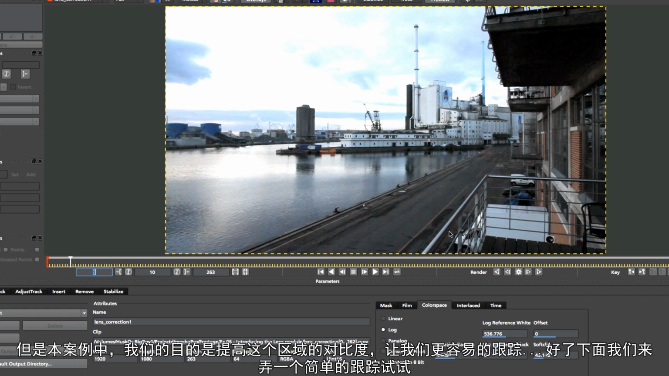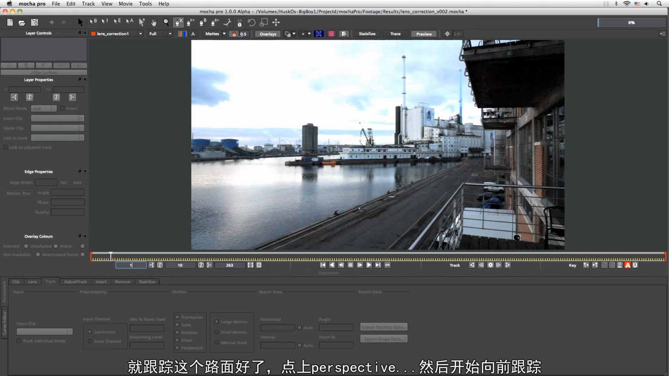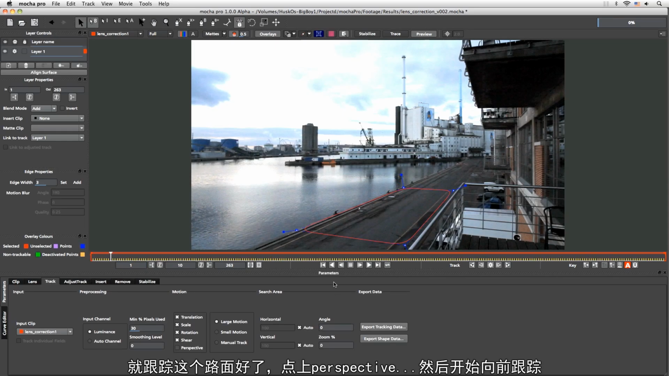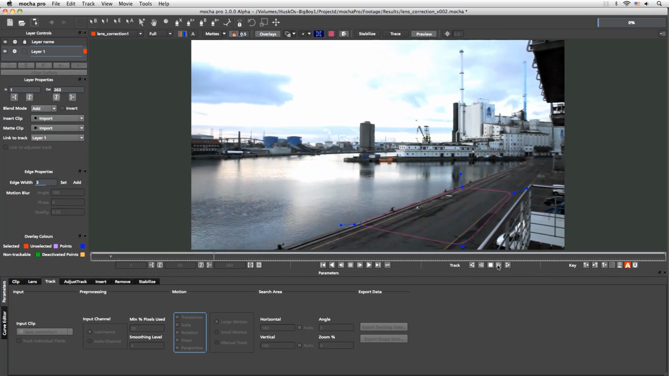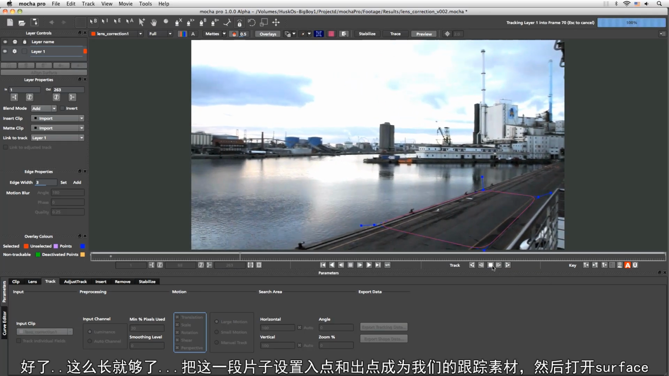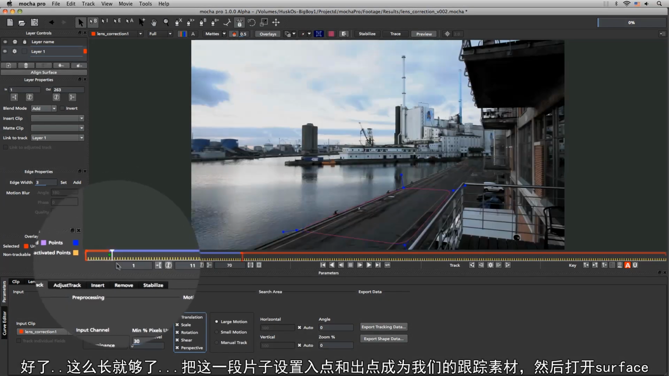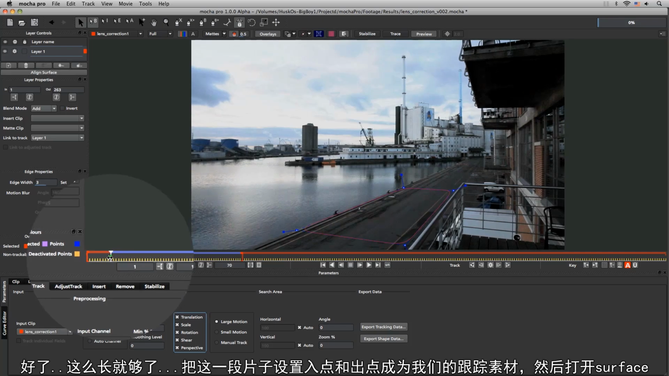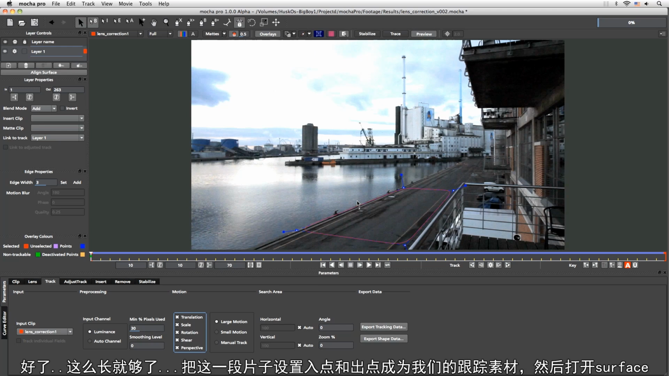And then when we're done, let's just track something really quickly, just to show you what's going on. Just track the road really quickly there. Turn perspective on there, and just track forward. That'll do for now. Just set my project range. There we go, and zoom into that. Cool. So once we've got our track set up,